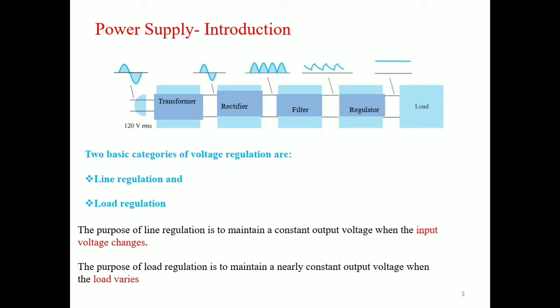Next, the output of the transformer is fed into the rectifier. The rectifier changes the AC value to the corresponding DC value and gives it to the filter. The use of the filter is to reduce the fluctuation, or ripples, in the rectified output voltage. This provides a constant DC voltage, which is given to the IC voltage regulator. The IC voltage regulator gives a constant value to the load irrespective of changes in the input voltage. So this is the general information on voltage regulators.